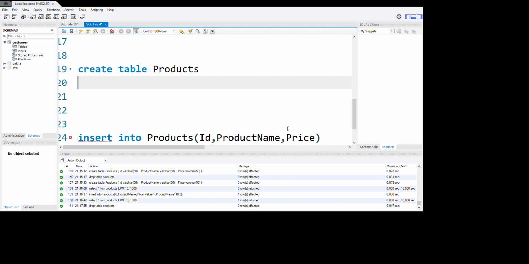So a foreign key means an index, an index that is a foreign key linked to another table or multiple columns. So let's go create a new table. Create table products, and then